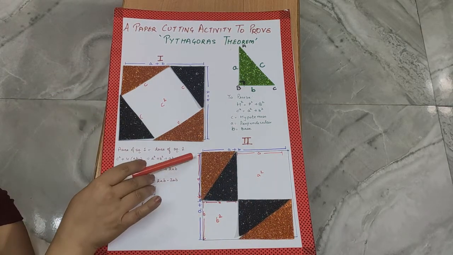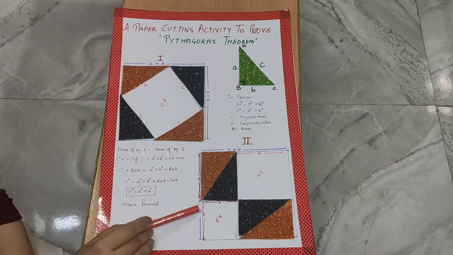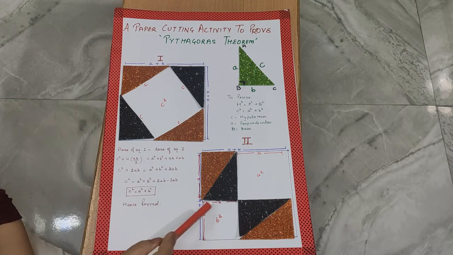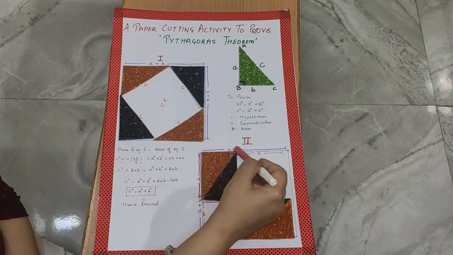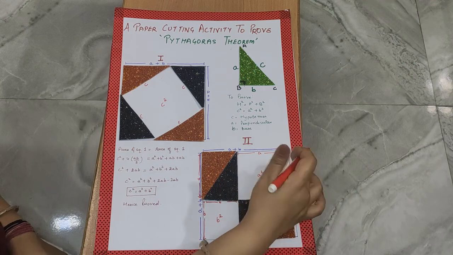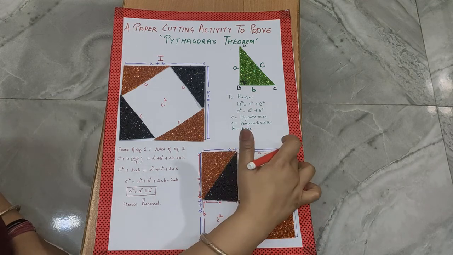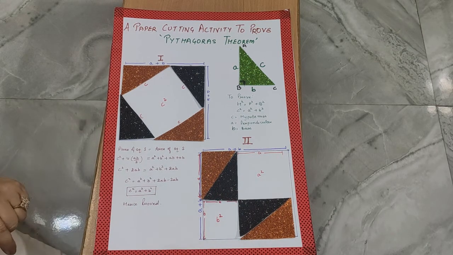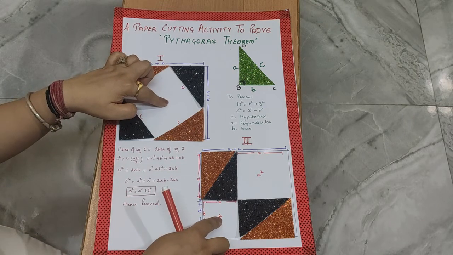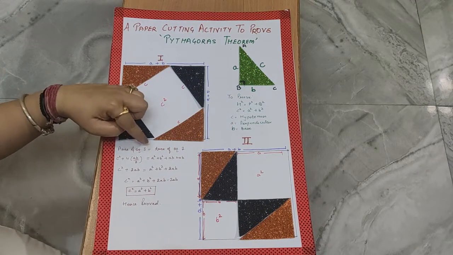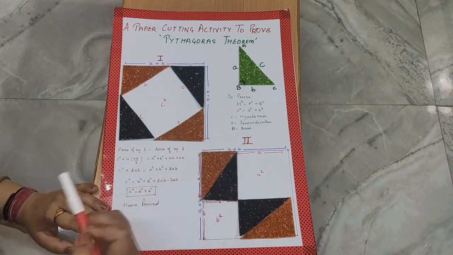So now we can see this is the longer side, so its length is A, the remaining is B. This is also B, this is also B. It also again made a square, area is B square. Here the length is B, the remaining length is A. This length is also A, this is also A, and one square is again made whose area will be A square. Now because these two squares are having equal length of sides, it means area of square 1 will be equal to area of square 2.